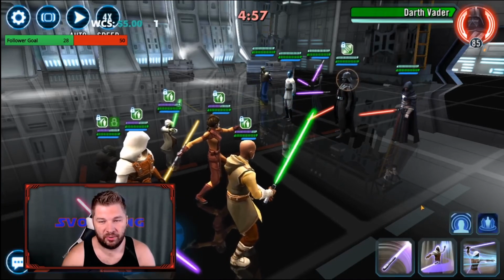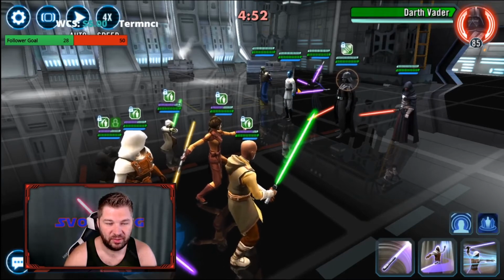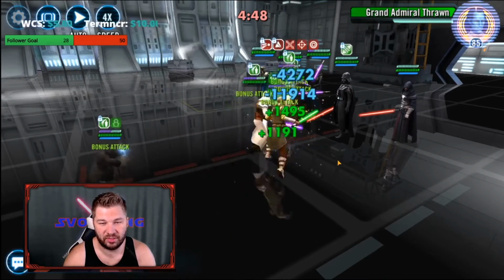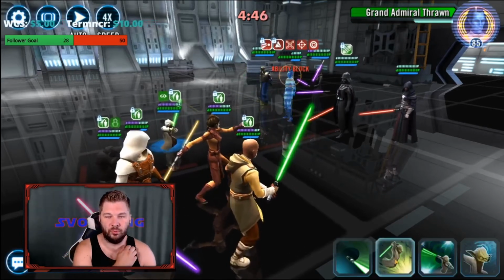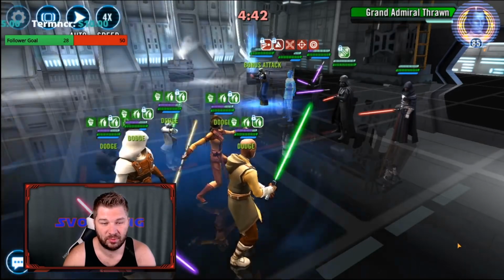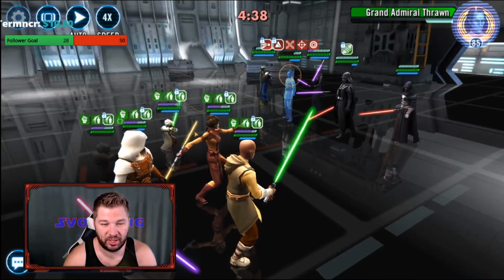So the idea here is, like with the Shaak Clones team, that you want to prevent the debuffs from Vader. With Bastilla leader, you get a lot of tenacity, so you won't be hit by those, and you won't be getting his firepower. The same deal here, you want to be focusing down one of the utility characters first